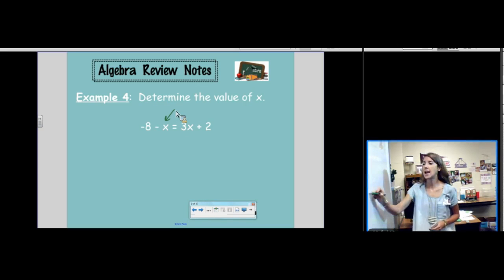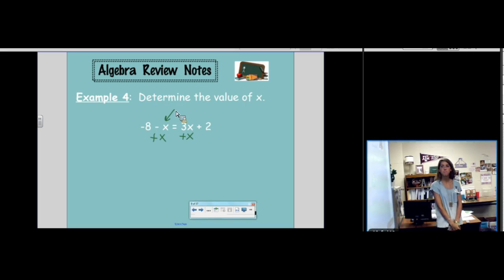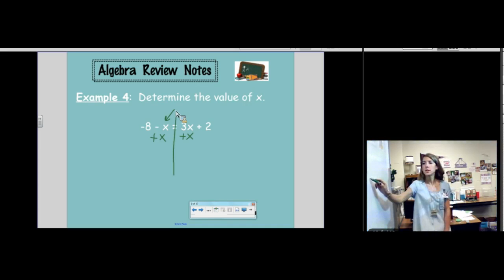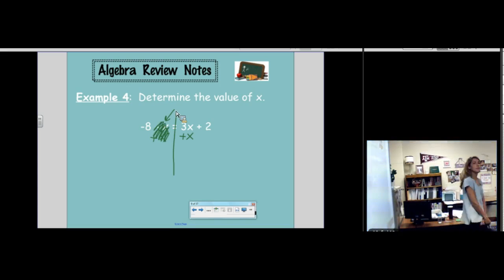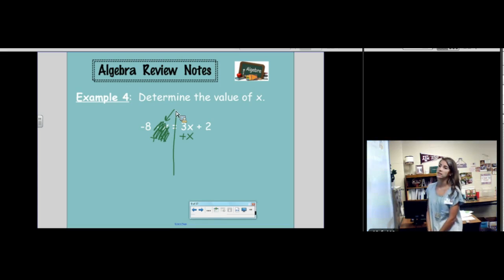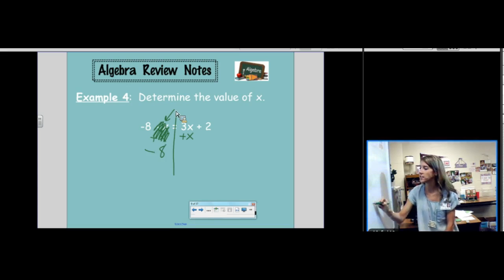Yeah. Let's add x to both sides. Whatever you do to one side, you must also do to the other. I can draw this line if that helps people. So this one is gone. Goodbye. Sayonara. See ya. Adios. What's left on the left? I like saying that. What's left over? Having leftovers for dinner tonight. Okay. 3x plus x. 4x. Thank you. Look alive, class. 4x plus